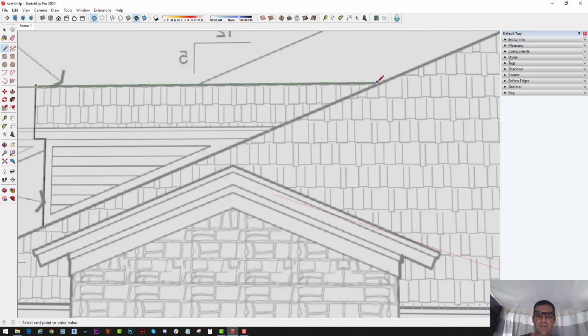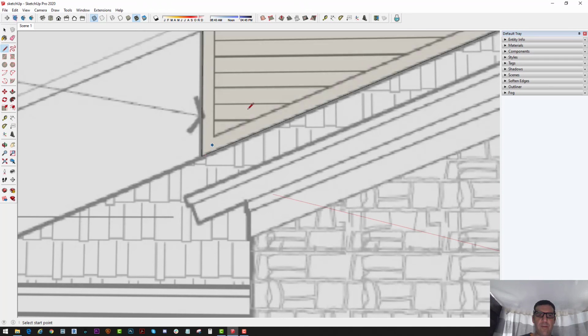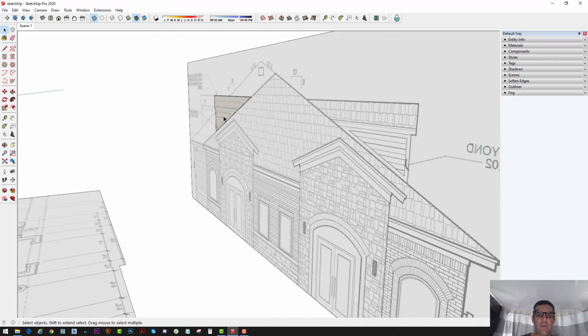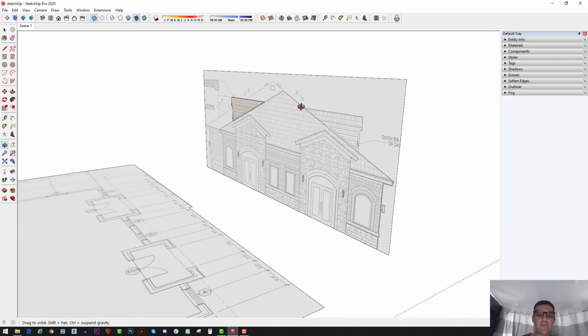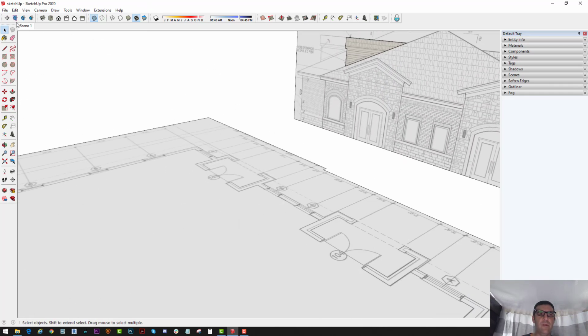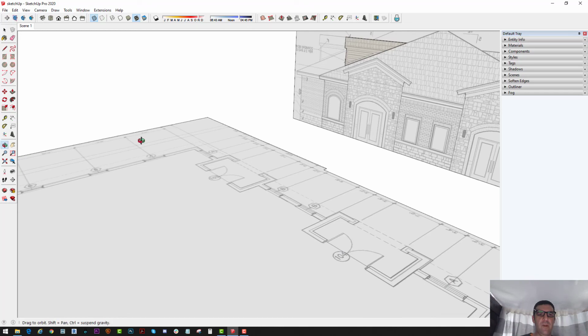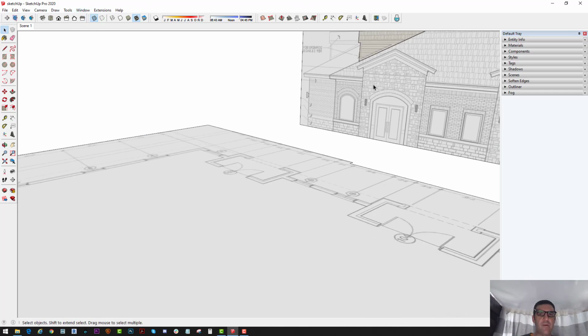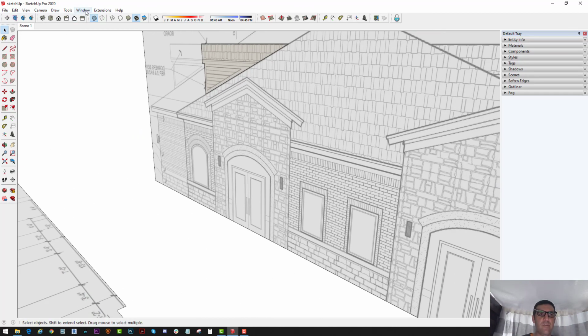But if there's a certain setting that's not set properly for doing this kind of modeling, the textures will show up really blurry, and that's not good. On your screen it may be blurry or it may be clear. So if it's blurry,